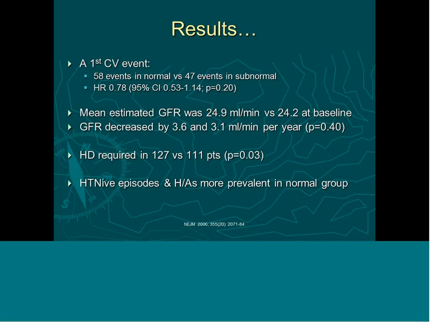Dialysis was required in the normal hemoglobin arm and the subnormal hemoglobin arm, and there were episodes and headaches in the normal group. So what it showed is that the normal hemoglobin group had a higher rate of first cardiovascular events, a slightly higher rate of hemodialysis, and more